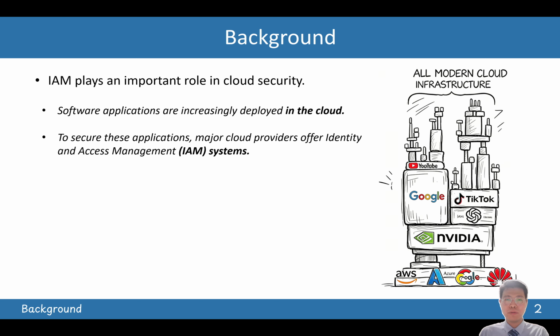Therefore, many tools have been proposed to assist users in reducing policy misconfigurations. The first category of approaches focuses on checking equivalence or public access, such as Zelkova and Ambit. However, these approaches require manually defining an ideal policy or public principal. The ideal policy itself still requires users to fully understand the access requirements, which may also introduce errors.